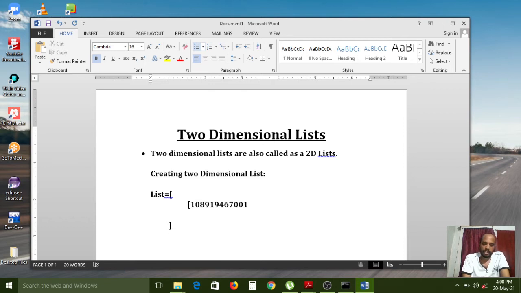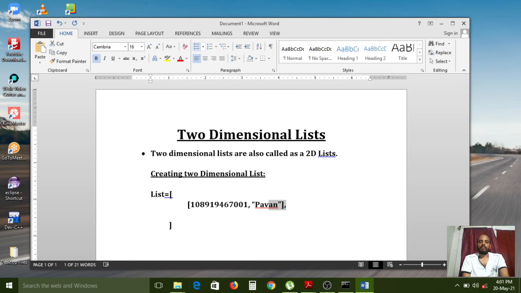That is the hall ticket number. Here separating with a comma only, and with that hall ticket number I am declaring one name, for example Pavan. Pavan is the name, then bracket closing, and I use one comma operator.